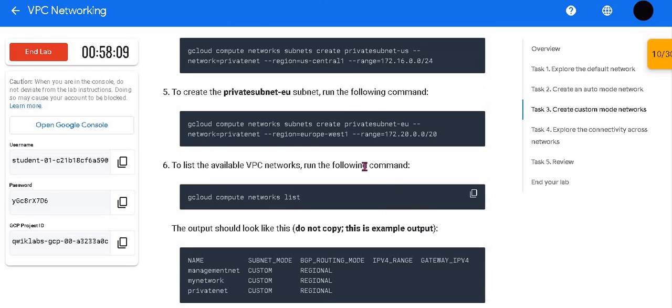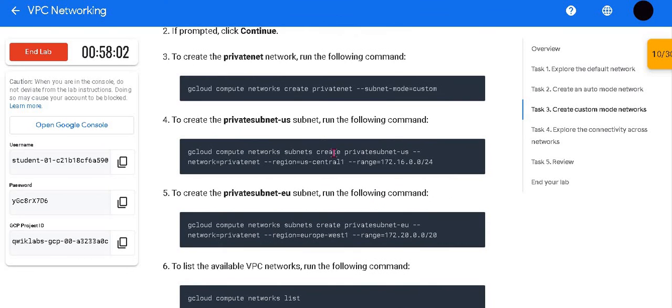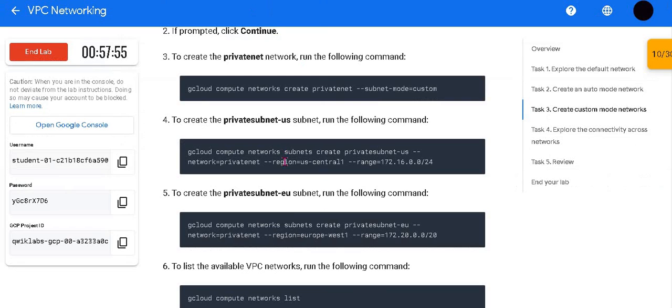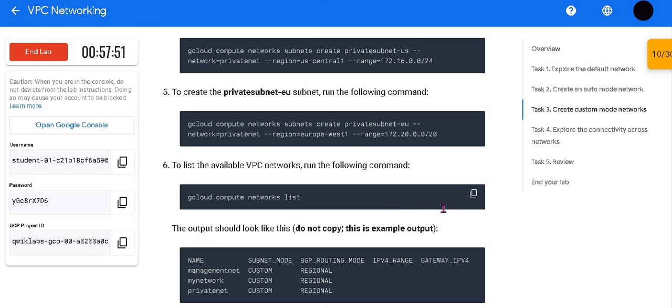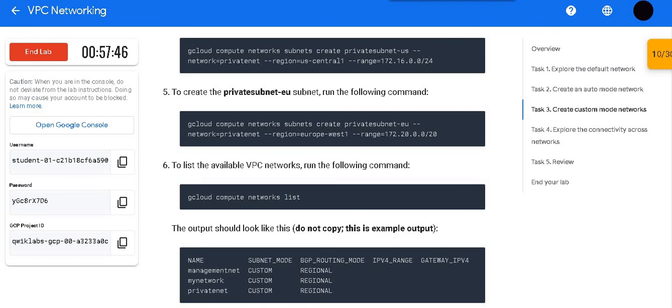Till this we will see what we had done. This network, this network, and this another subnet. This is for US and this is for EU. EU stands for Europe. Now we will see the list,